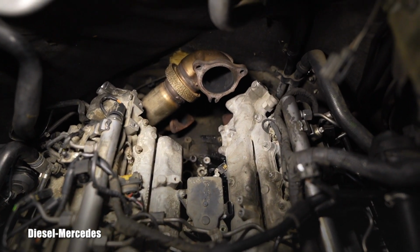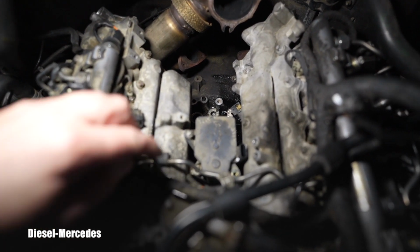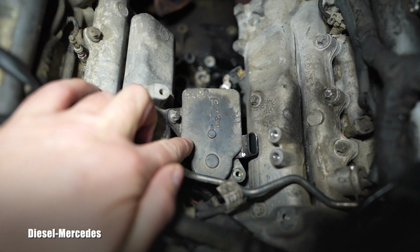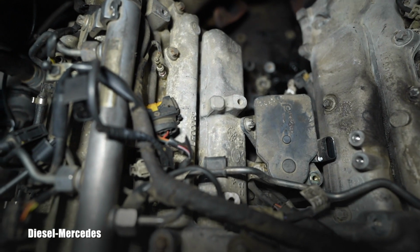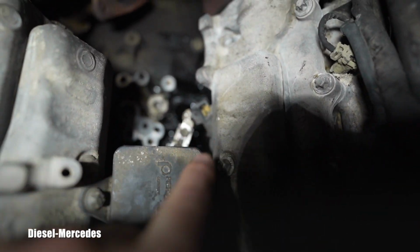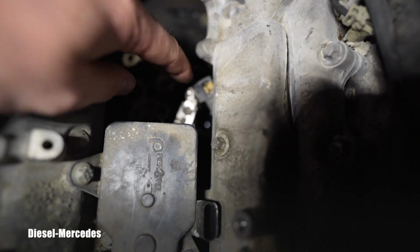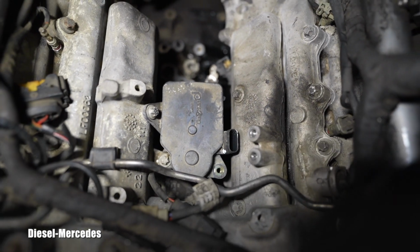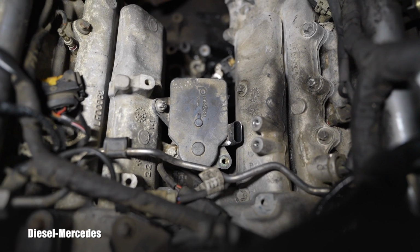So you see that empty area where the turbocharger was sitting, and this is the swirl flap electric motor, which is moving those flaps in each air intake. Now you also see right down here one of the flaps, actually the arms coming out. So I wanted to show you where it is located. And because you see the location,